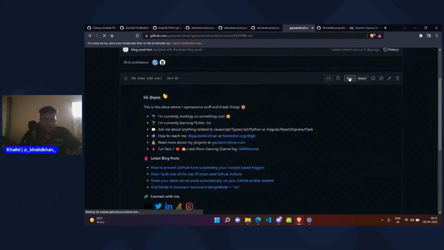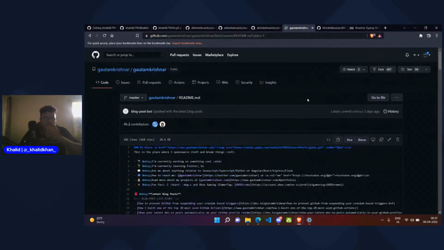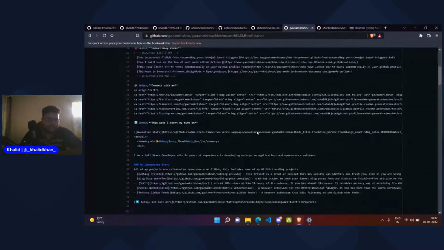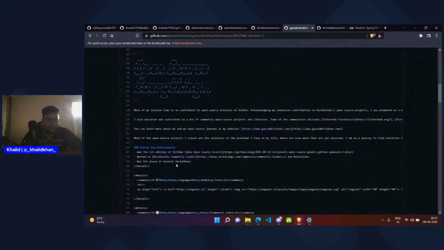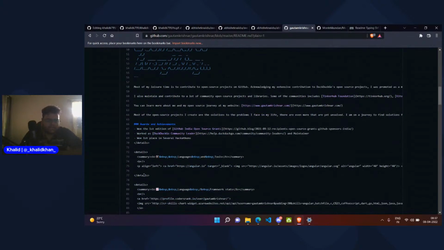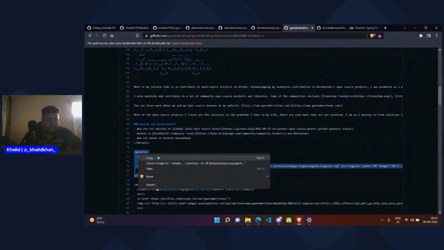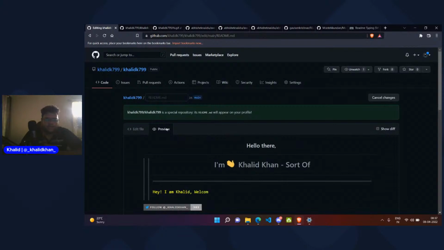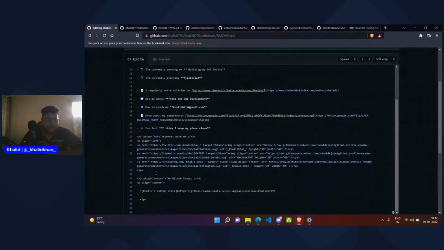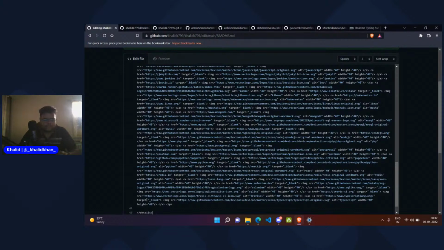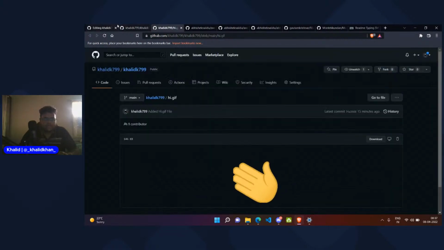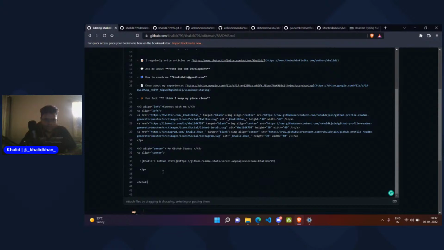If we go and check the raw file, or basically the source code of the file, yes, he has used the details tag over here. If I copy these details tags, and edit the file over here and paste it, it's something very huge. Basically, if you use the details tag, it will make a collapsible bar for you. Let's check what he has done.